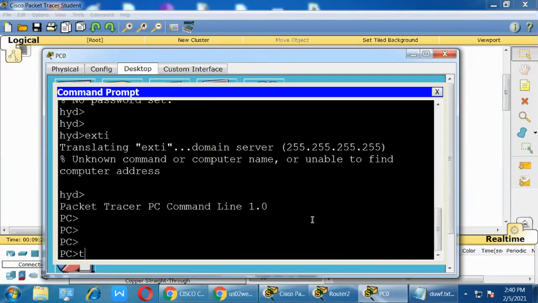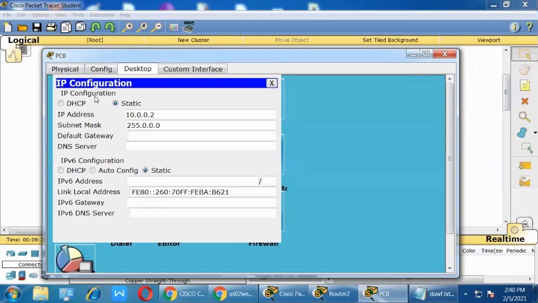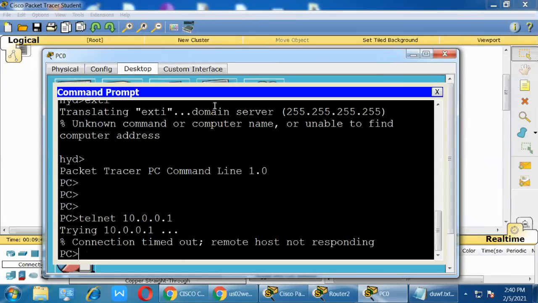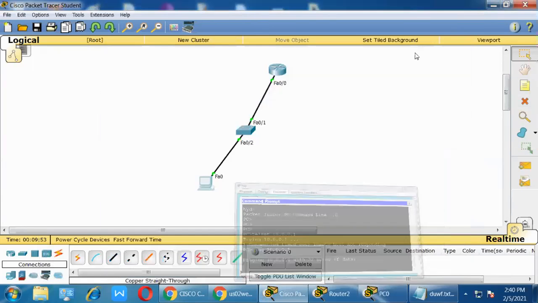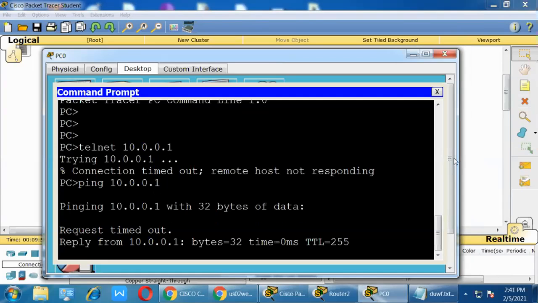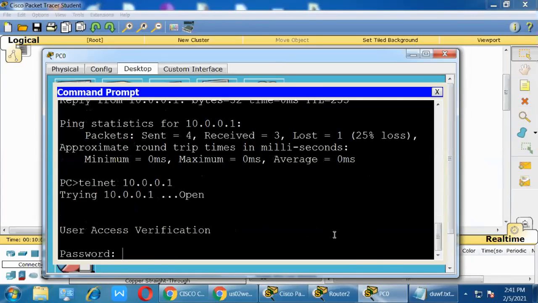Telnet 10.0.0.1. Now the password. So what is the password?